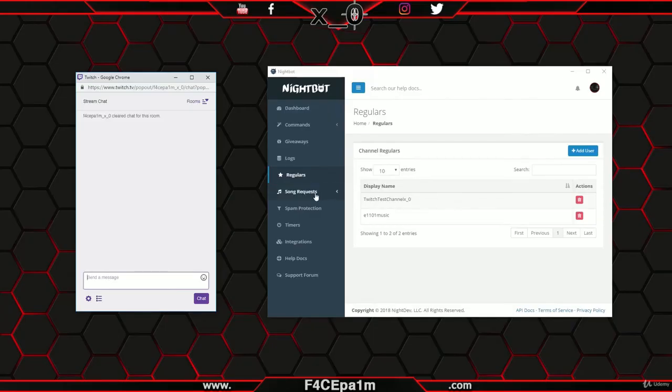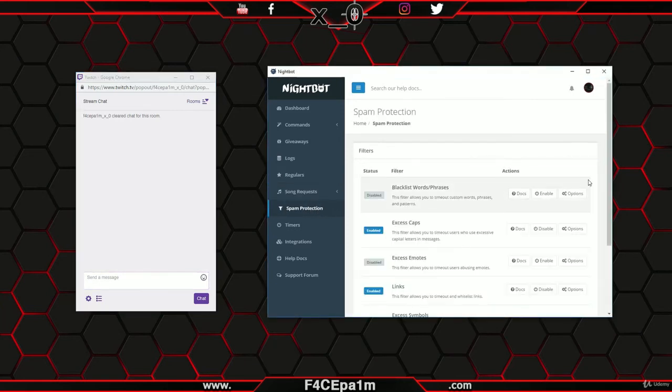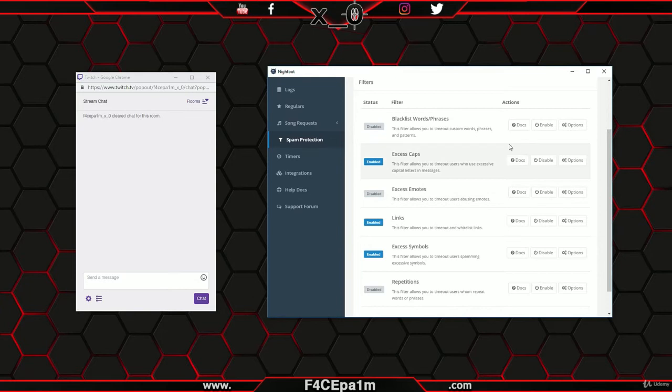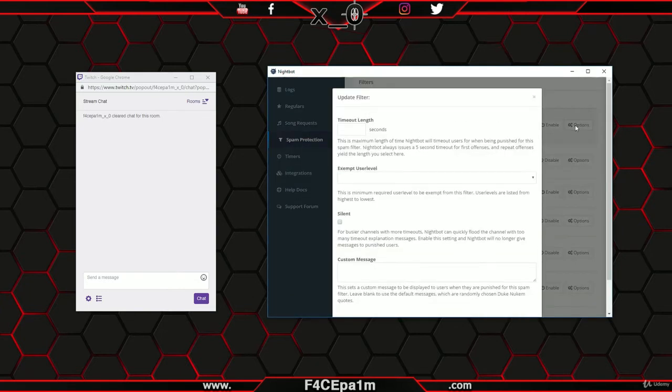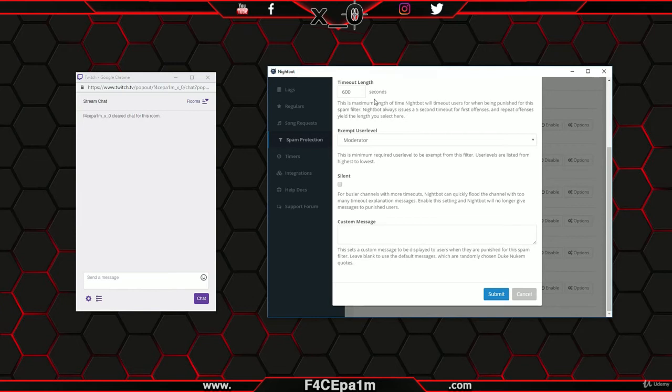I'll come back to song requests in a minute, but for now, the Spam Protection tab lets you do things like blacklist words and phrases from the chat. So if you don't want swearing, you could go into the options and block out words. There are a lot of options here and they are all explained quite clearly in text,